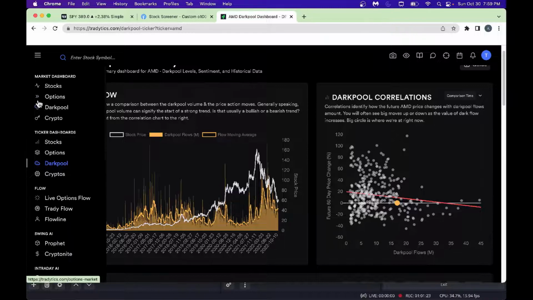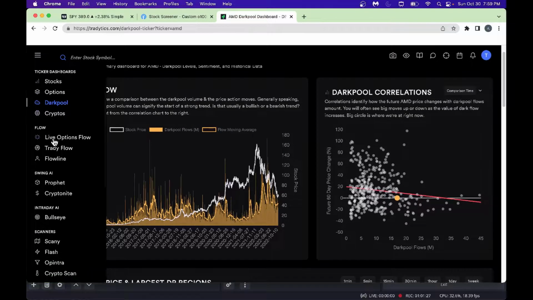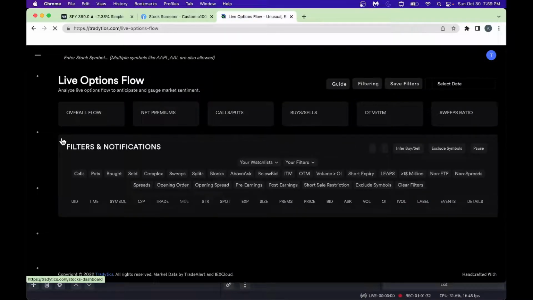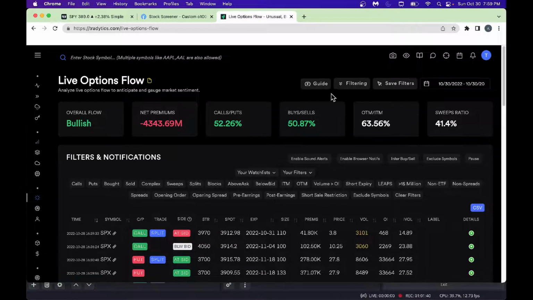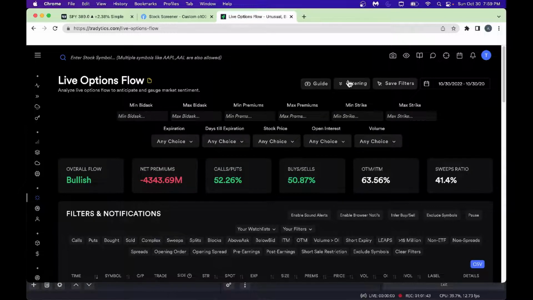All right, now let's go into a few more things here. We'll not spend too much time. Next is live option flow, which is one of the very important things to look at. They got a nice dashboard here for the live options flow. And what you can do is, we got various filters. You could go on top here, click on filtering, and say, I don't want to look at small premiums. I want to look at premium at least $50,000. And go from there. Look, minimum premium $50,000.